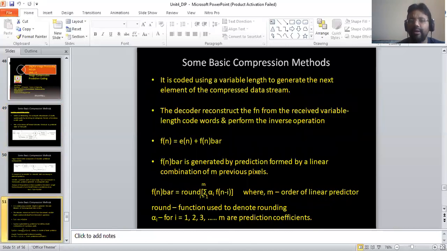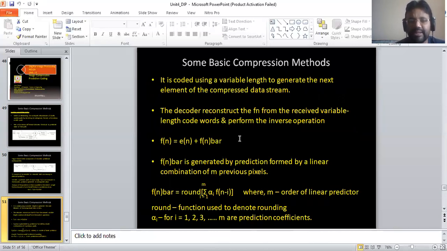Now there are some points about this: it is coded using a variable length code to generate the next element of the compressed data stream. The decoder reconstructs fn from the received variable length code words and performs the inverse operation. fn is equal to en plus fn bar. fn bar is generated by a prediction formed by a linear combination of previous pixels.